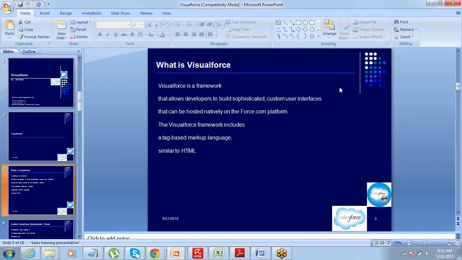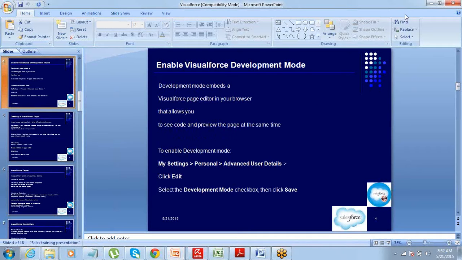All right. So let me do the same thing. In case you have enabled development mode for your developer org, that's fine. In case you could not, please look into what I do. I'll log in into my account and I will enable it myself.